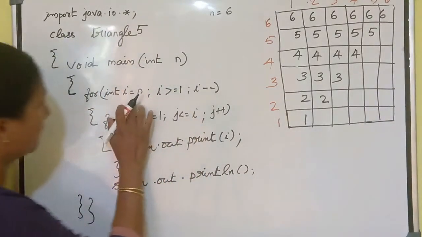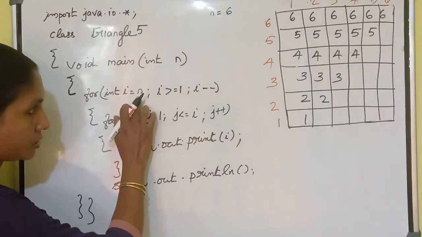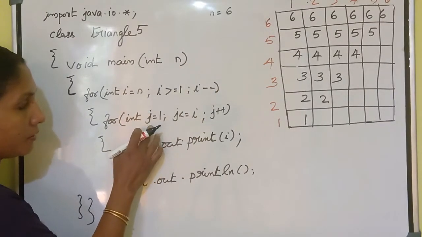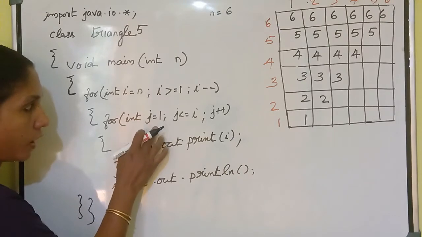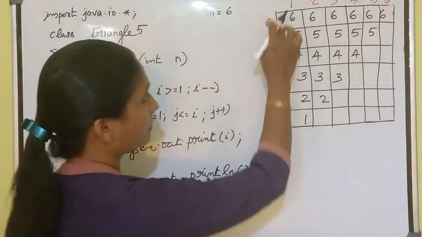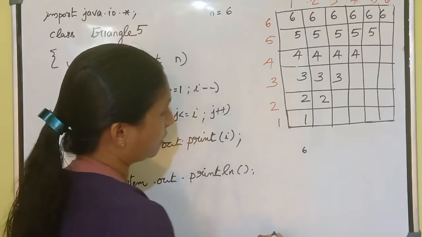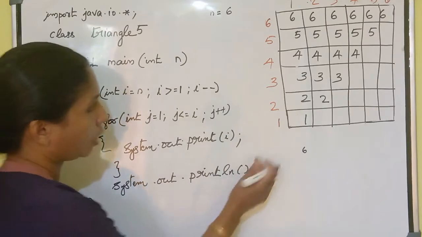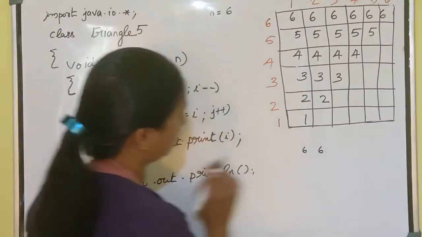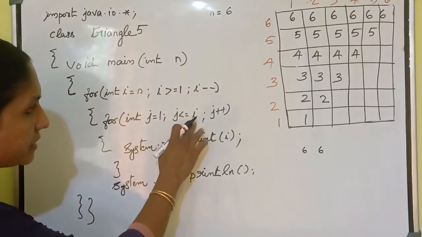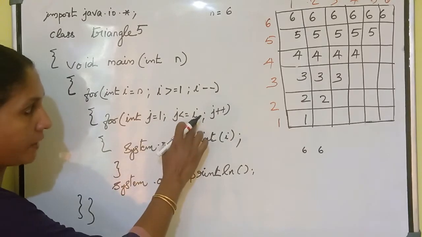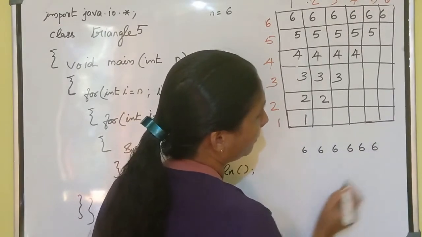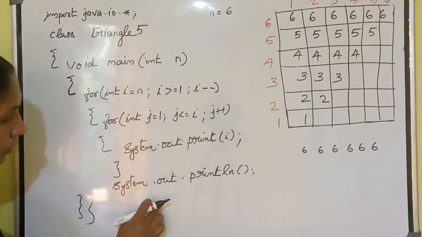First, in the first row it will take the value as 6. For example, it is not n, it will take 6. Then it will come to this loop. We have j starting from 1. Then first it will print the first 6. Then j is increasing, that means 2. The second column also prints the same value 6. It will work up to 6, because from 1 to 6 the value of i is equal to 6. That means you will get 6 six times. Then after that it will go to the next line.